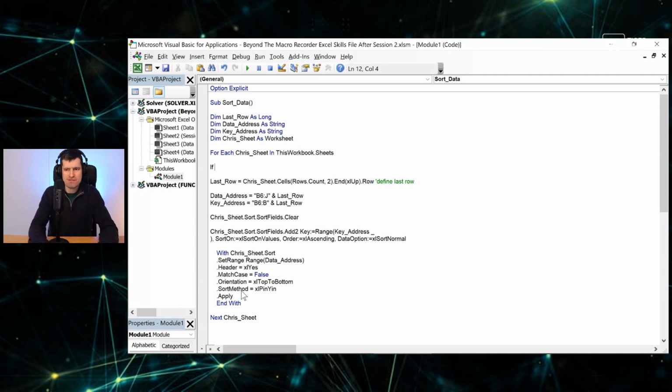So if the name of the sheet is session, blah, blah, blah, if that's the name of the sheet, how would you express that programmatically? How would you express that in VBA? You might be able to work that out from what we've done so far. So if Chris sheet dot, what property do we want here? It's going to be the name of the sheet, of course. I'm going to say if Chris sheet dot name does not equal